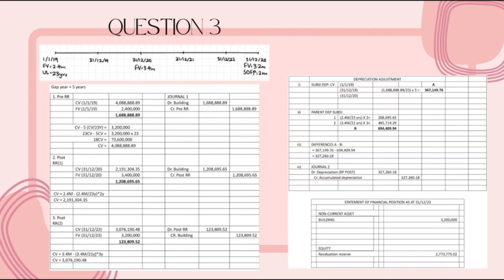the amount 327,260.18. So in the journal, it will be debit depreciation RP post 327,260.18 and the credit will be accumulated depreciation 327,260.18. For the extract of statement of financial position as at 31st December 2023, non-current asset building with the amount